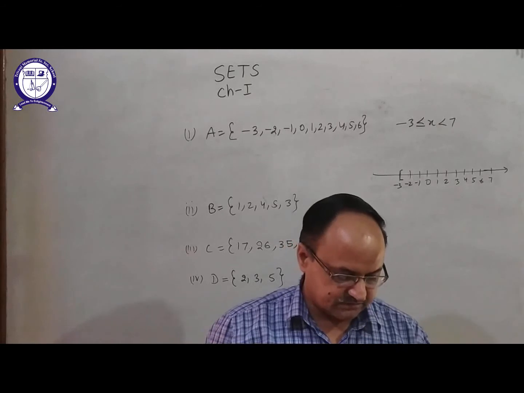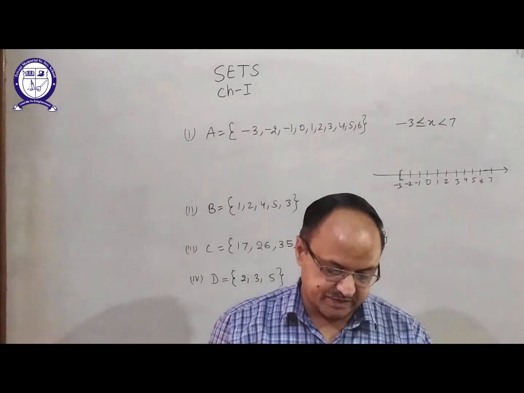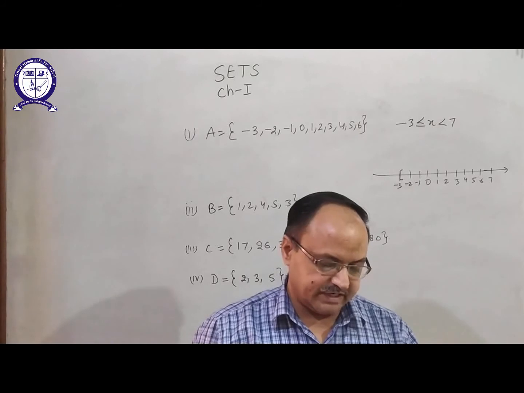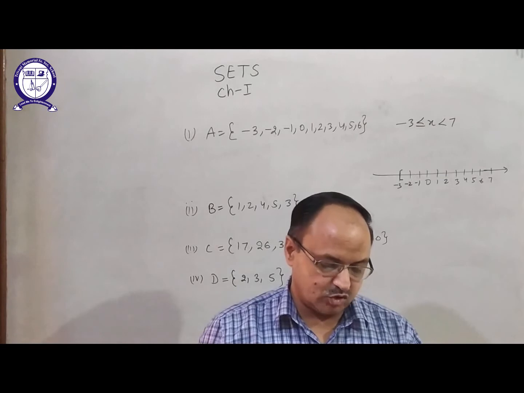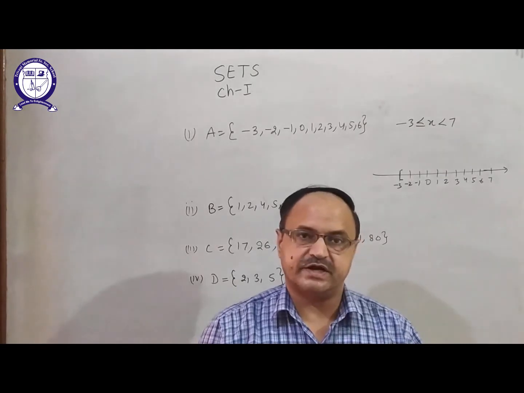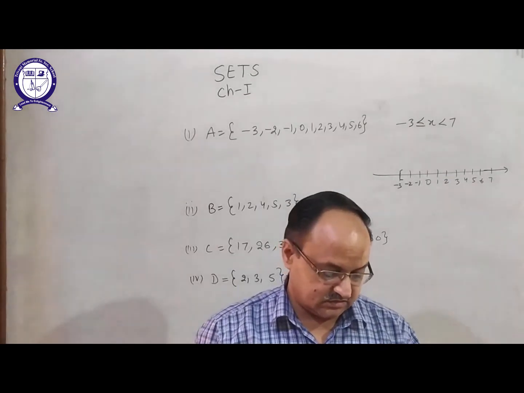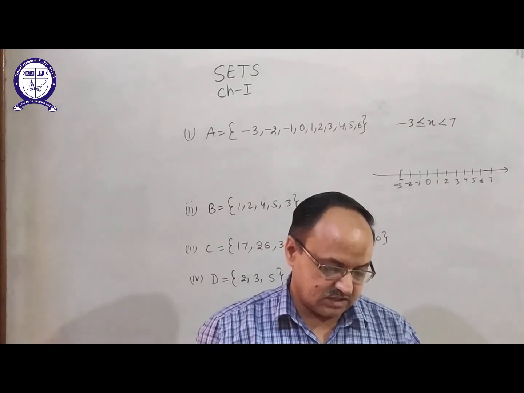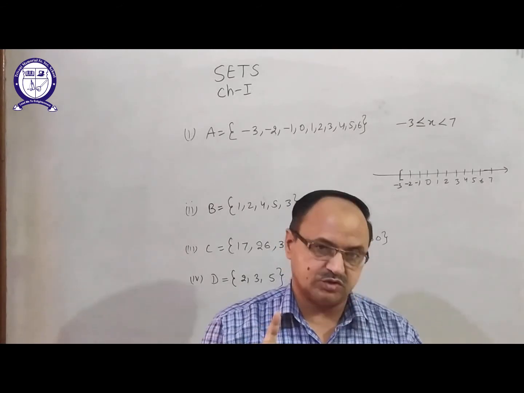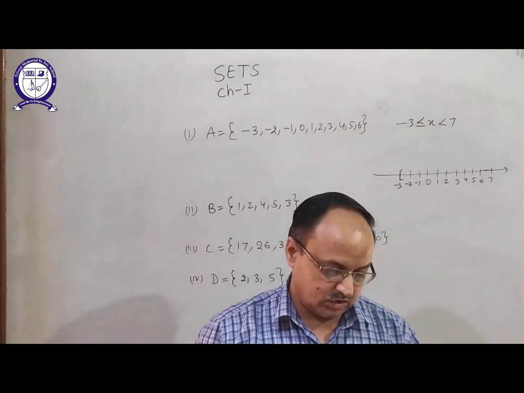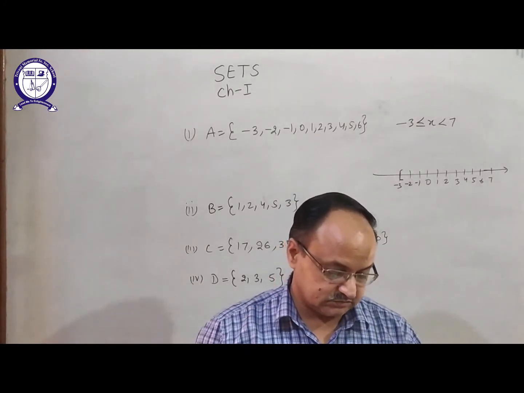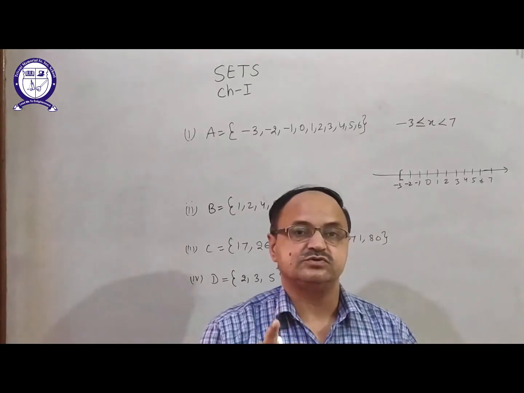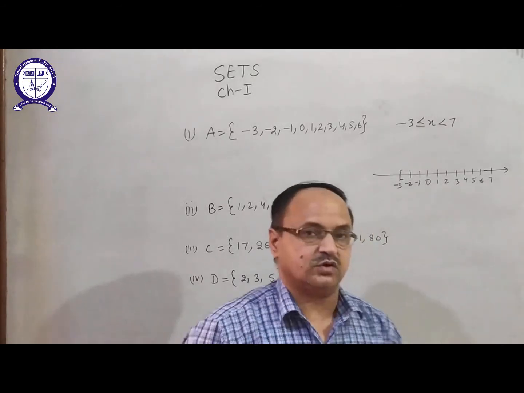And the fifth part, the set of all the letters in the word trigonometry. You can write T, comma, R, comma, I, comma, G, comma, N, like this. In this word, O is repeated 2 times, so you write only once O, clear? And R is also 2 times, so you write it only once. And T is also 2 times, so you write it only once.